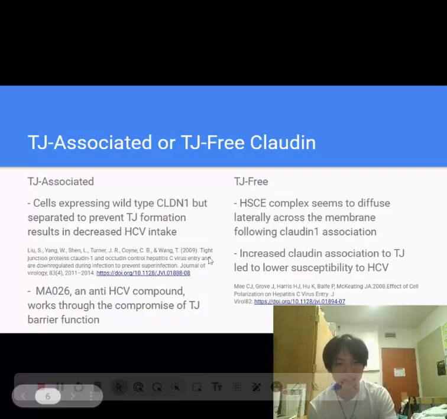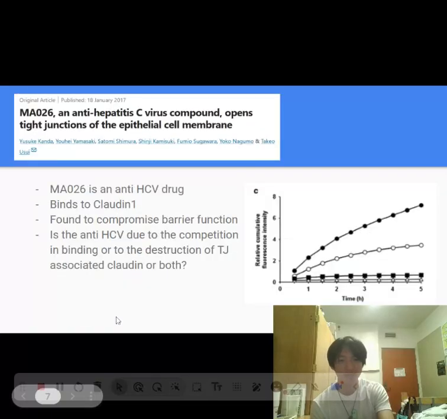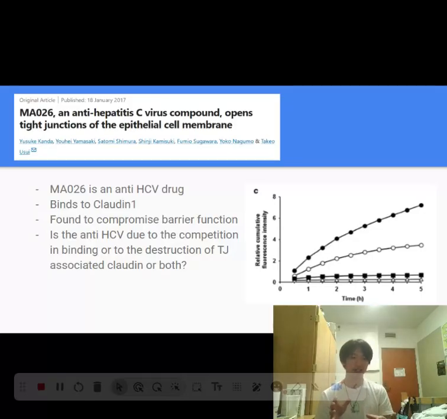Okay, next slide, I'm going to talk a little bit more about the MA026 paper. You can see there on the right, it's a graph measuring different concentrations of this MA026. It's hepatocytes exposed to different concentrations, and the rate at which they took up this fluorescent reporter molecule. You can see at the highest concentration, 3 micromolars of MA026, you see the unrestricted,